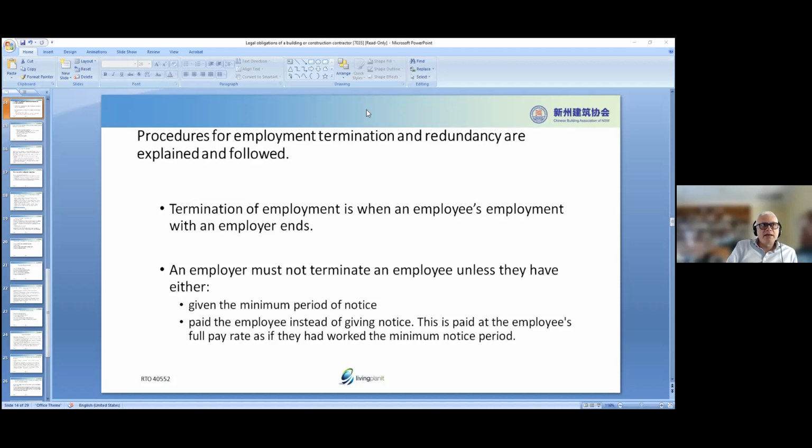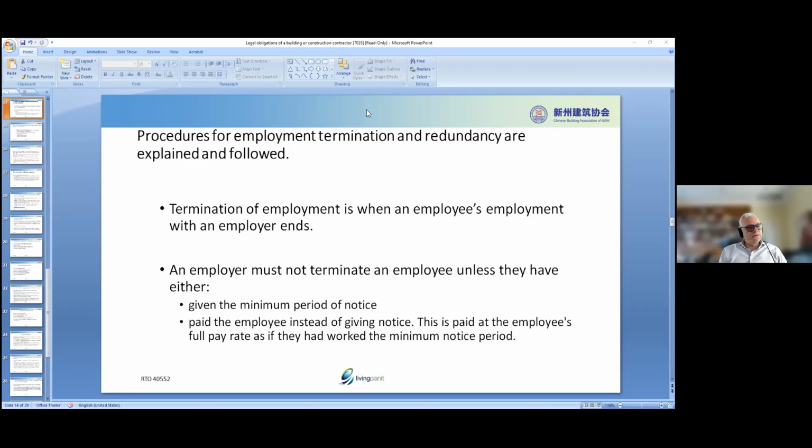We can't just say, you made a mistake, see you later. We have to give them warnings, okay, as an employer. We have to give them, by law, three warnings. And these must be in writing, they must be formalized, okay? And also give them a notice period as well. Now, unless, of course, we don't have the job, the work. Let's say COVID's come, we don't have work, well, then we can justify putting people off. Okay.